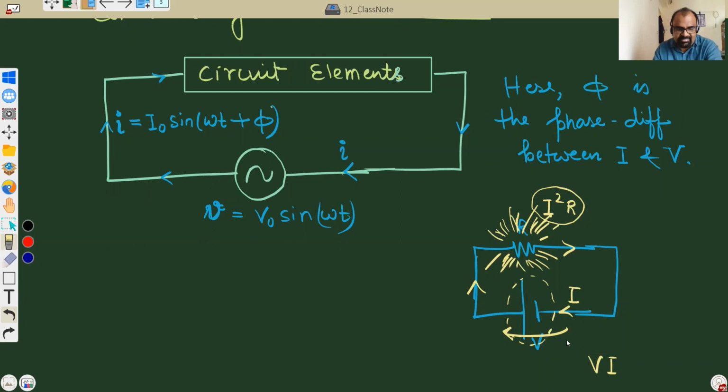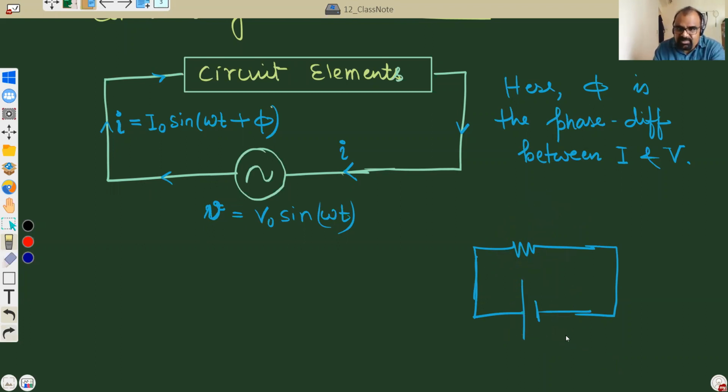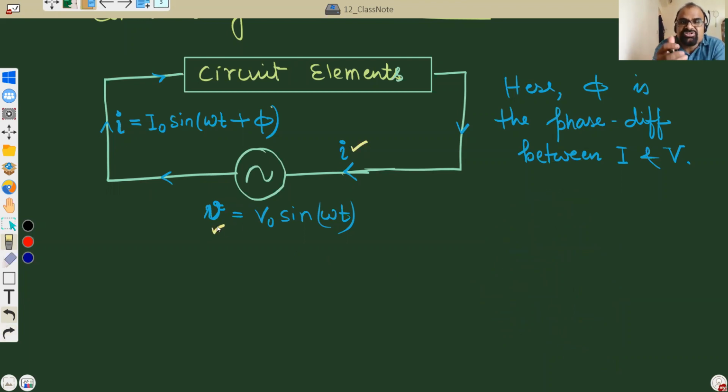Okay. Now in the AC chapter, the problem is that this current and this voltage keep on changing because they are all functions of time t. You see, at different times, this voltage will be different. And of course, the current will also be different. So when you apply voltage into current, you will get instantaneous power delivered by the AC source. But that instantaneous power delivered by the AC source will also be a variable quantity, because everything is a function of time t. Now in the AC chapter, whenever we say power, we never mean instantaneous power.